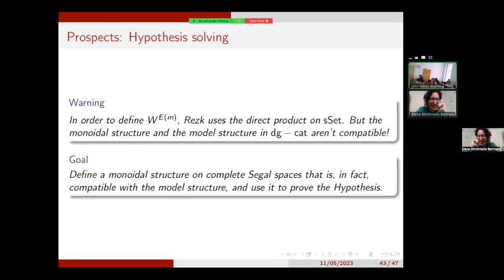It's probably not relevant, but I'm very vaguely aware that someone defined a skew monoidal structure on DG cat. It's a variation of a monoidal structure where the associators aren't invertible and so on. I remember there was a paper about it last year, and it might be helpful to have some other monoidal structure on DG cat with better properties. I will look into that just in case. Yeah, you can never have too many leads.